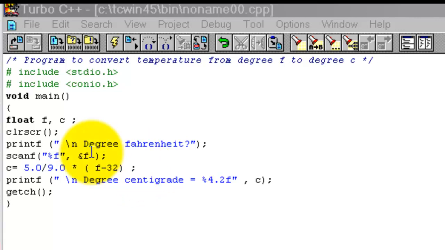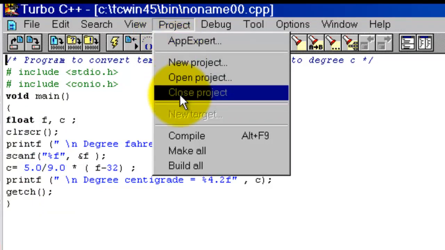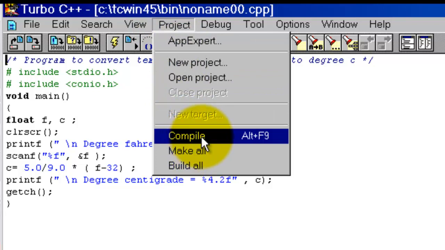First we compile the program. After compile, if it shows any mistake, then again we correct the program. Next, run the program. Now click on project, click on compile.